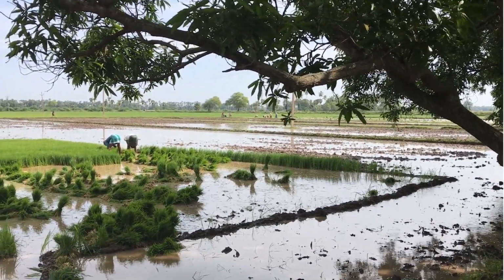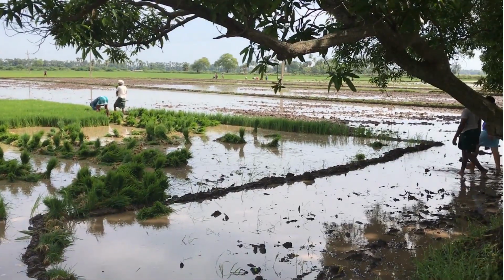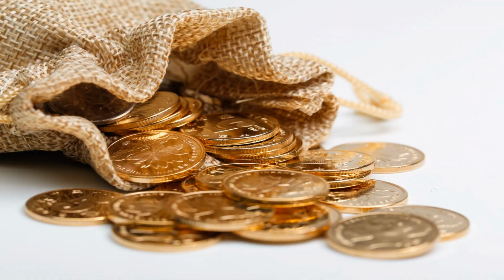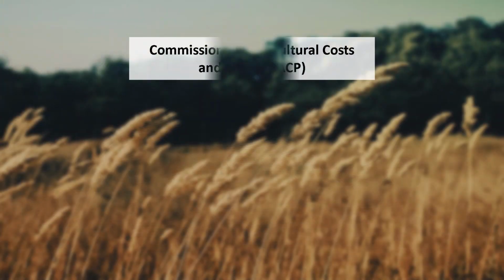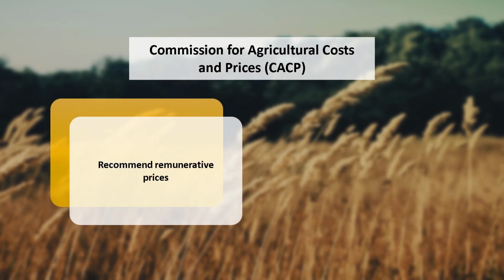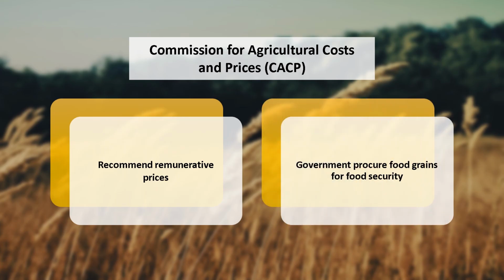And basically in these programs, the government fixes the minimum support prices for 24 notified commodities in the agriculture sector, on the recommendation of the Commission for Agriculture Costs and Prices. This Commission from time to time recommends the remunerative prices, and based on the fixed minimum support prices, the government procures the food grains